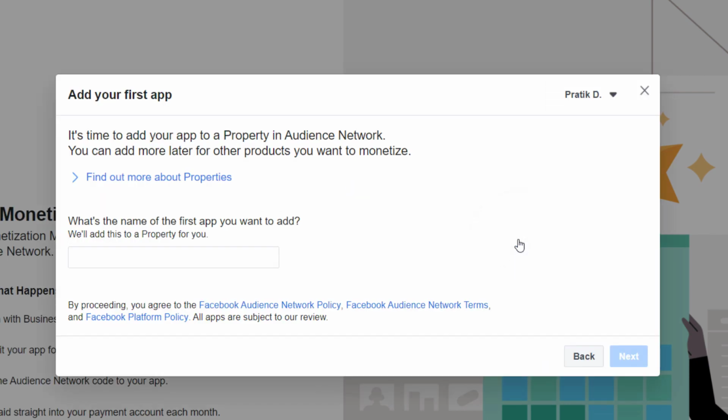Here you need to give an Android application name in which you want to add monetization. So I am going to give the name as sample application. Click Next.